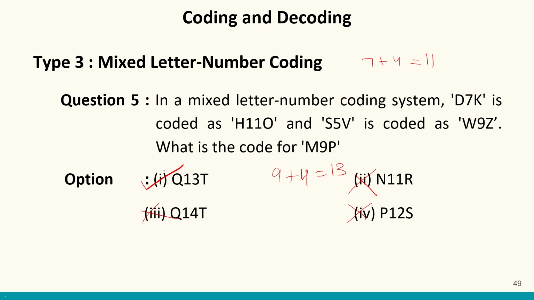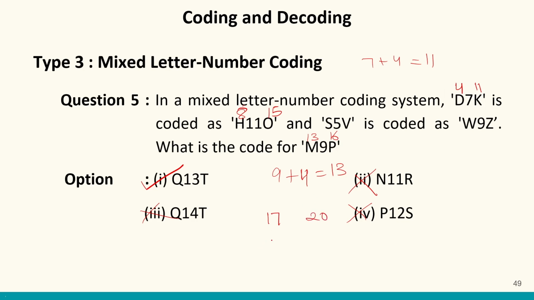So this is one method that you can use to solve your answer, or you can actually solve the entire question. So here I can check. D is position 4. H is positioned how much? 8. I'm moving 4 positions forward. K is positioned at 11. And O is positioned at 15. Again 4 positions forward. So M is positioned at 13 and P is positioned at 16. So if I have to move 4 positions forward from M, I have to find the forward rank, which is 17, and P, which is 20.